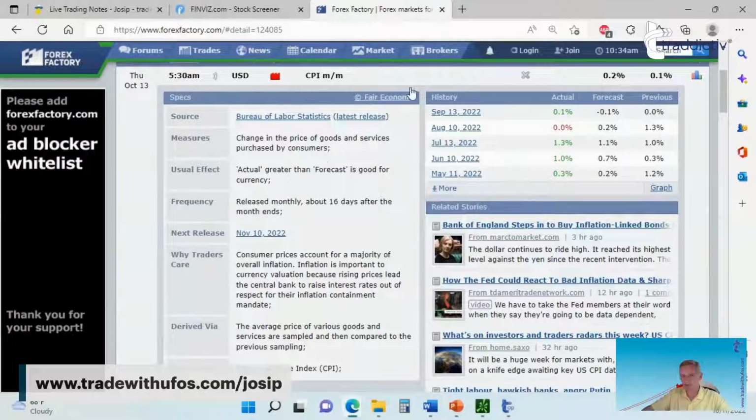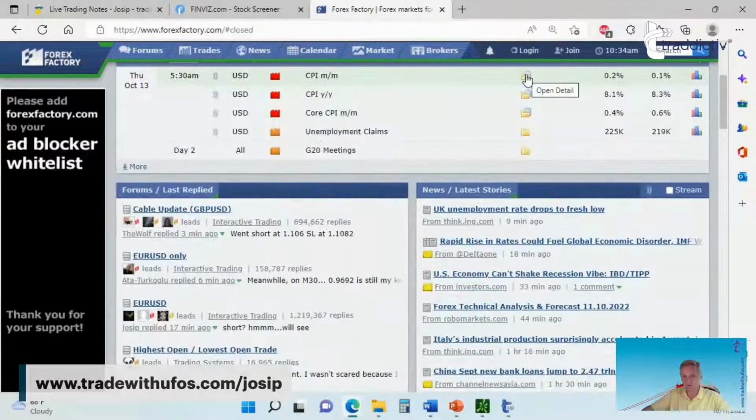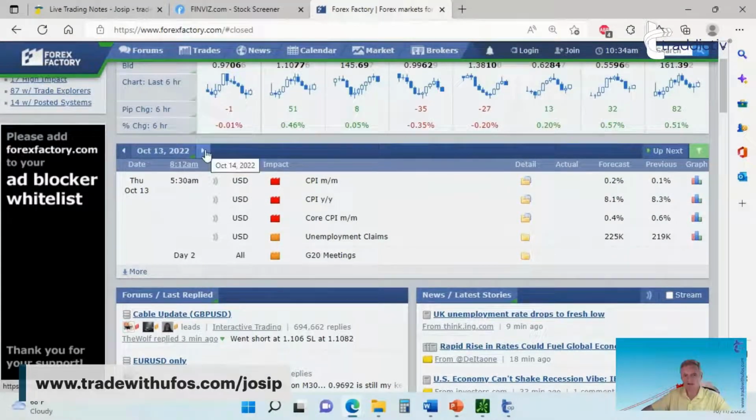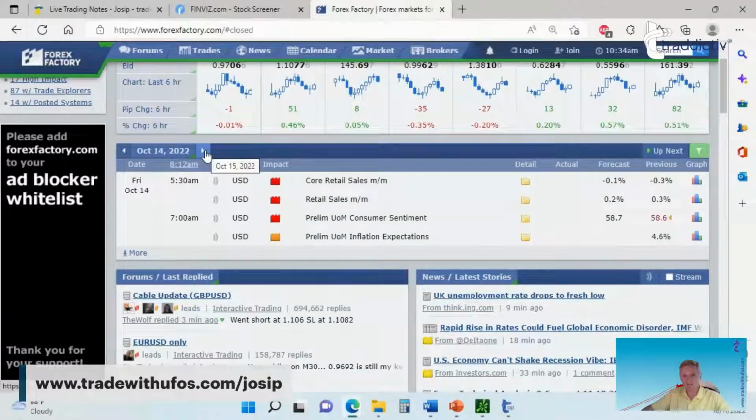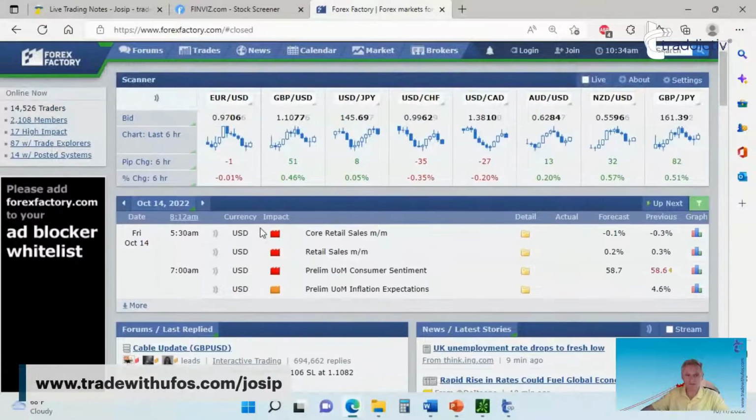These two things are coming up, but that doesn't mean the rest of the week doesn't have anything else. On Friday, do we have another red flag event? Yes, we do, and that is core retail sales. Be aware of the way everything is connected with the inventory. If we are about to have huge inflation, maybe producers won't be producing too much of the stuff, and then consumers won't be buying that much, and all of a sudden the retail sales are not going to do good. Of course, you can see all these things simply by clicking on the calendar and lining it up, but I like to show it to you one by one.